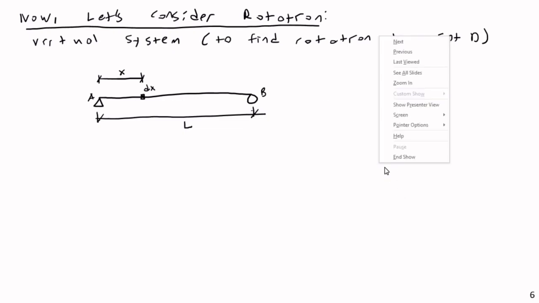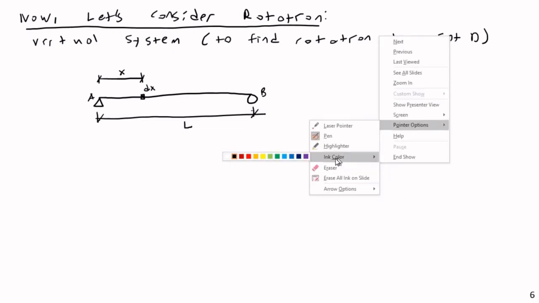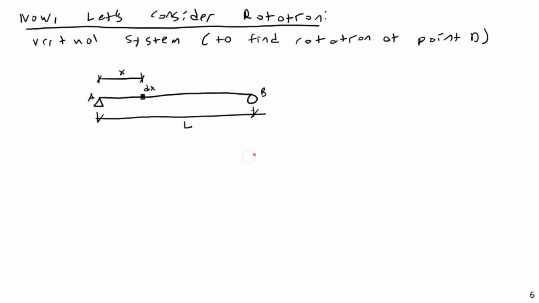Now, here's the question I have for you. When we wanted to find a deflection, we applied a unit virtual load. If we're looking for rotation, do you think we're still going to use a load there? Probably not. What else might we use instead of a load? A moment. Yes, exactly. We're going to be applying a couple. So instead of applying a unit virtual point load, we're going to apply a virtual couple, but still a unit